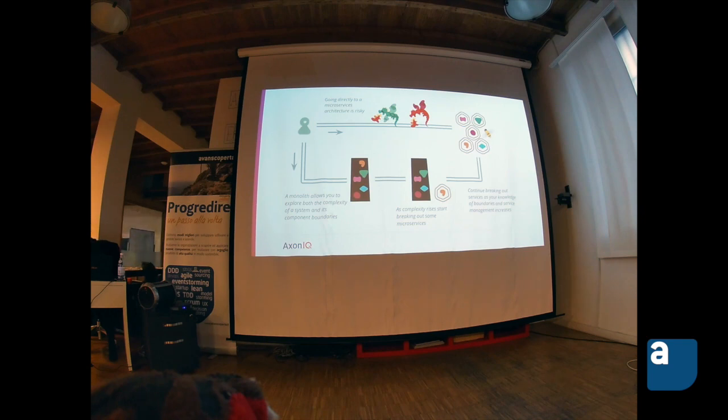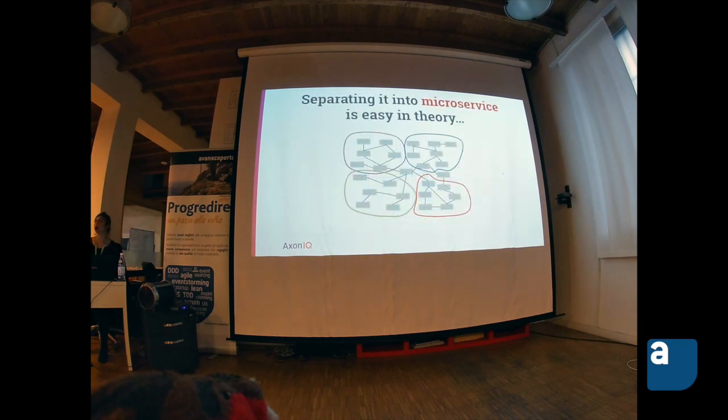Because we know that writing software is a learning process, and at the very beginning we don't know a lot about our domain. So maybe we can take time working on a monolith, exploring the domain, and when the time is right, we can split our application and obtain several microservices. The problem is that if we don't work well, maybe it can be difficult later when we have to